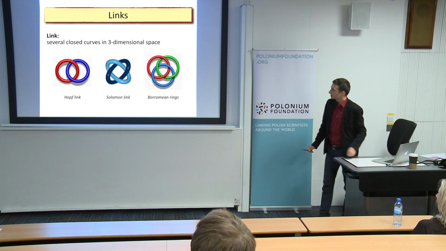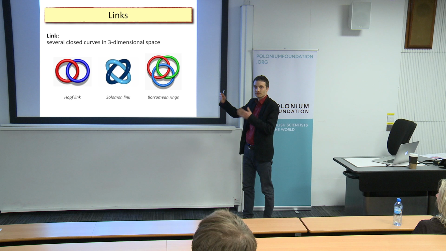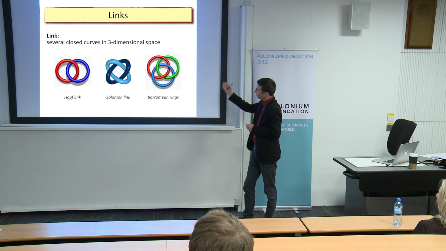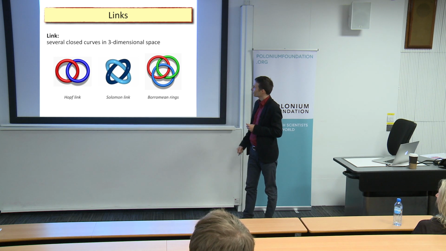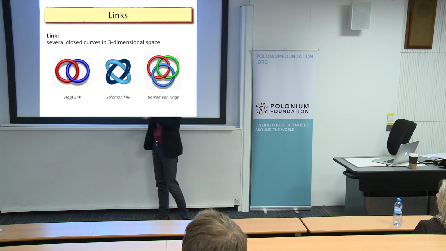There are also some cousins of knots which are called links. These are configurations made of several components. Each of those can be knotted. They can also be knotted or linked between themselves. And here are the simplest examples of those links. This is called the Hopf link, just two unknots which are linked.